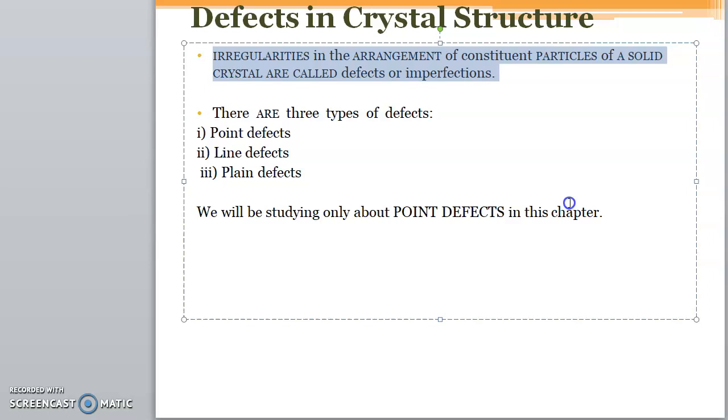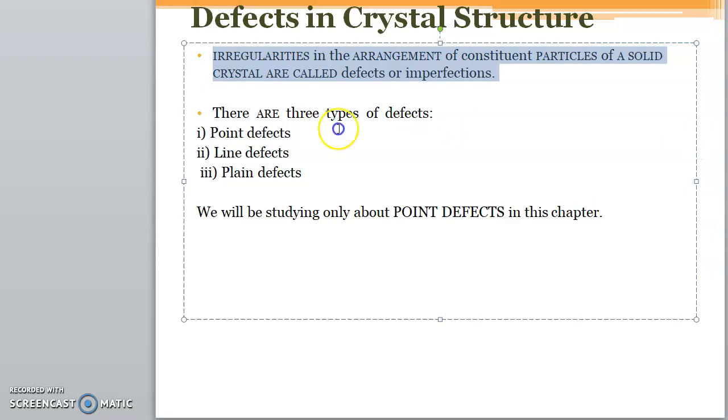So do we need to study about those imperfections, defects? Definitely yes, because that will help us to study a particular solid in a correct way. We need to study defects to identify that a defect like this exists because of so and so reason. That reason is important for us to know why this solid is not behaving in such a manner when the studies show that it has to behave in a particular manner. If it is not behaving in that manner, there is a possibility of defect in it. So if there is a defect, what type of defect it is and why that defect is caused is something that we need to study.